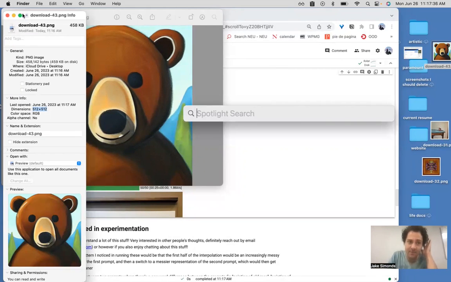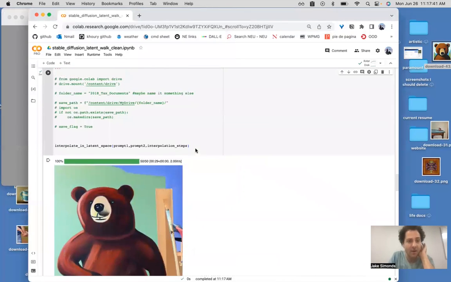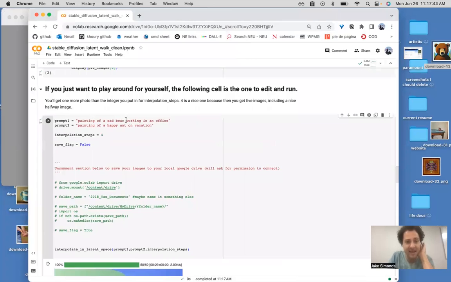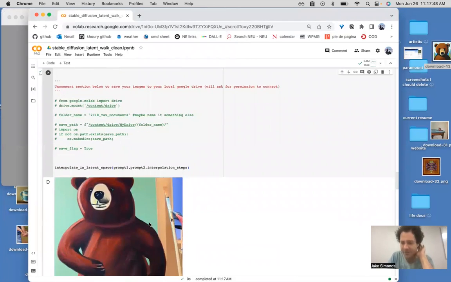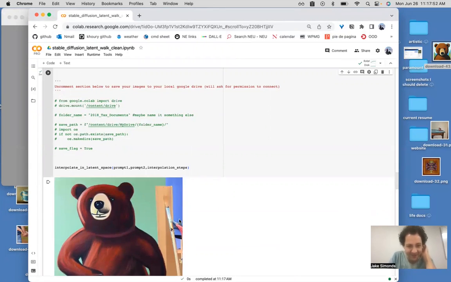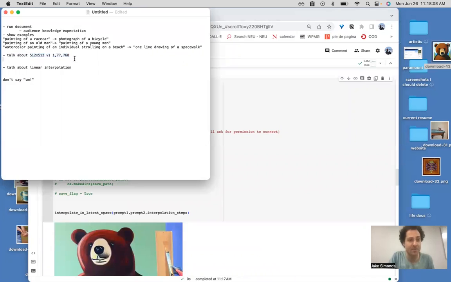However, when Stable Diffusion takes an image prompt, like when I gave it this image prompt of painting of a sad bear working in an office, even though if that's a sad bear, I want that bear's job, because that bear looks like it's maybe painting, very colorful office. Anyways, the shape, and I can't show you this on the notebook, I actually have a follow-up notebook where this gets a little clearer, but you just gotta take my word for it, that the shape of